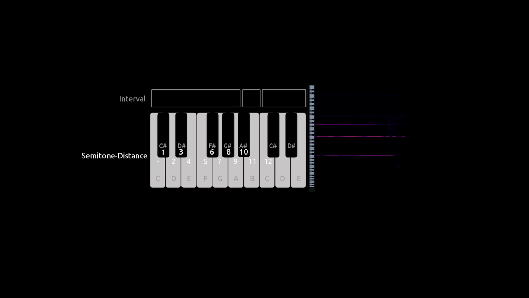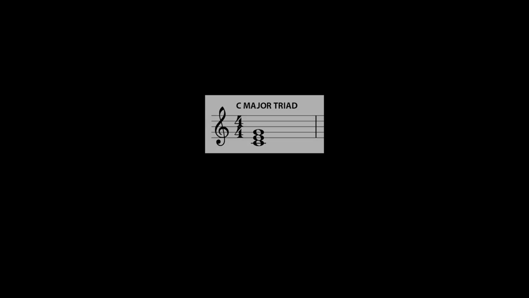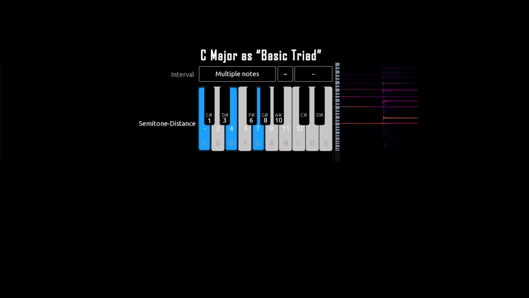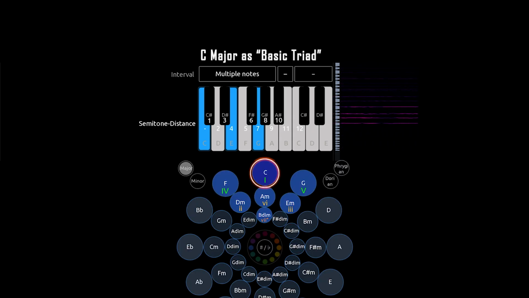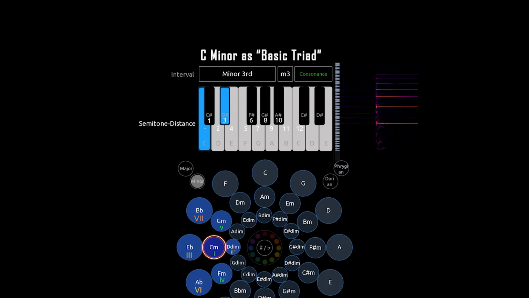Now that we have learned about all the intervals, we can better understand how standard chords are constructed. The most fundamental major and minor chords consist of the so-called basic triad: a root note, a third, and a fifth on top. These are the chords that play when pressing buttons on our circle. And as you may already guess, the difference between major and minor chords lies in the quality of the third. A major chord has a major third, while a minor chord has a minor third, with the fifth typically staying